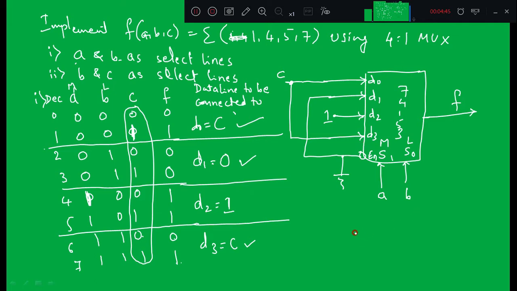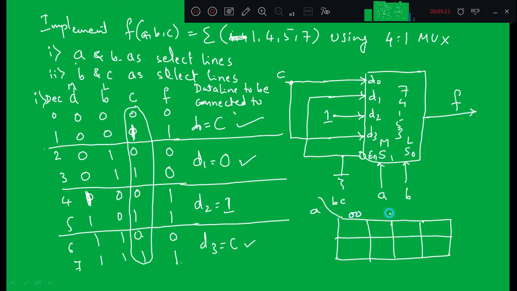So we will verify it using the k-map, right? Whichever you feel comfortable with, I am not recommending any of these methods. You can follow whichever method you feel comfortable with, either the truth table or the k-map. There are three variables in the given function, so we will take a three variable k-map and do the grouping accordingly.